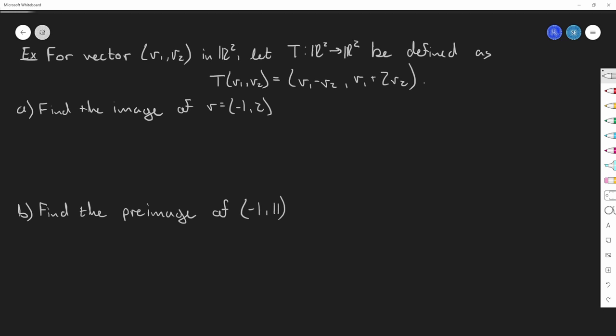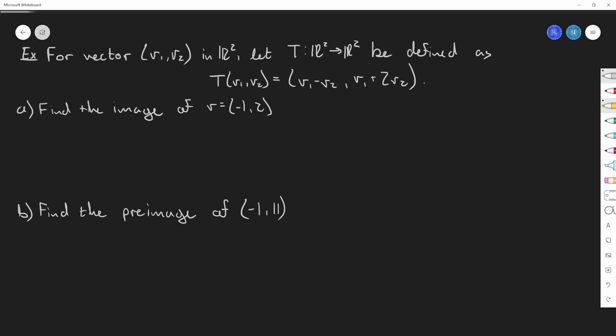So we are given a vector v1, v2 in R2, and we're going to let the linear transformation from R2 to R2 be defined as T(v1, v2) equals v1 minus v2, and then the other corner will be v1 plus 2v2. And now we are told to find the image of v equals negative 1, 2. Now, if you recall from the lecture